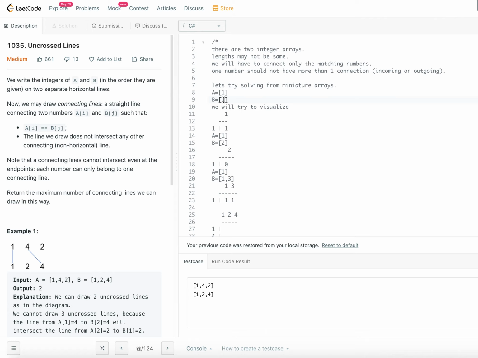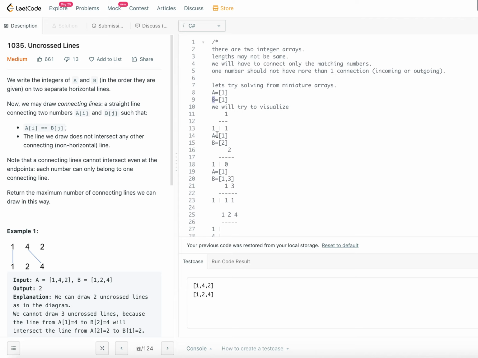I would like to show you by visualizing it. I am going to write the elements in array A on the left-hand side in column fashion and the elements in array B in row fashion.